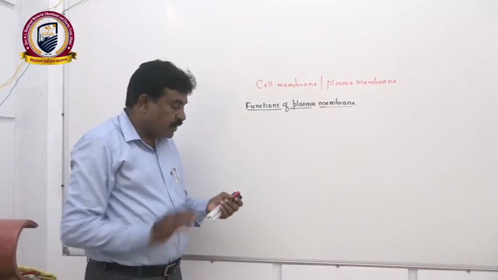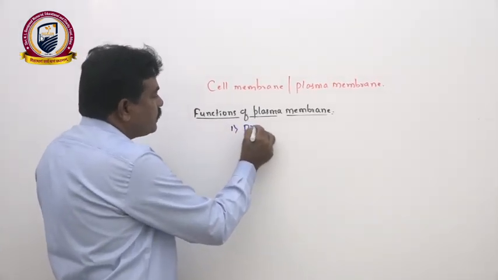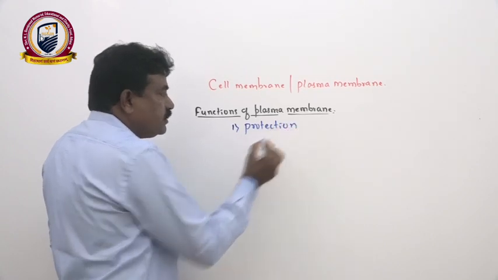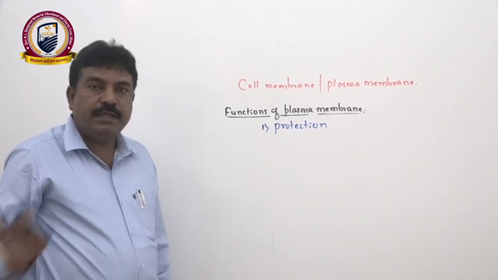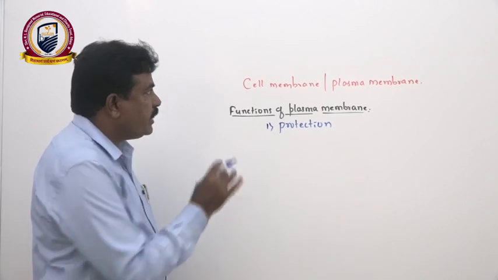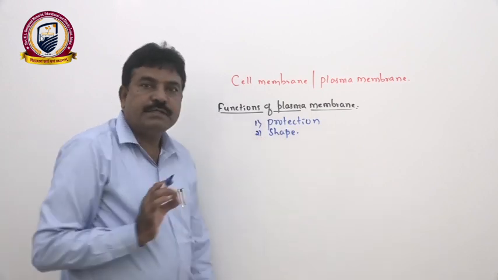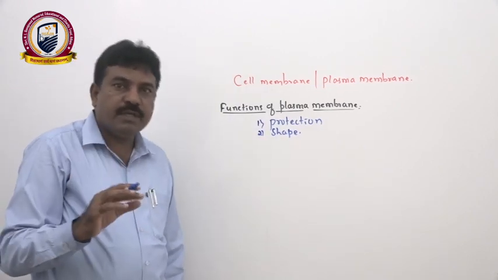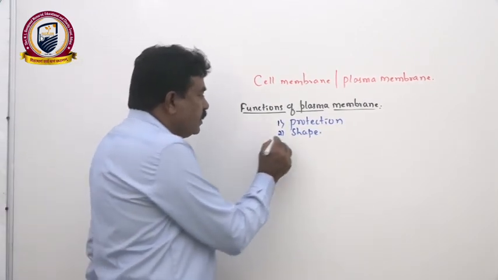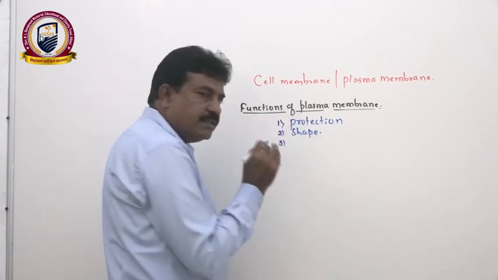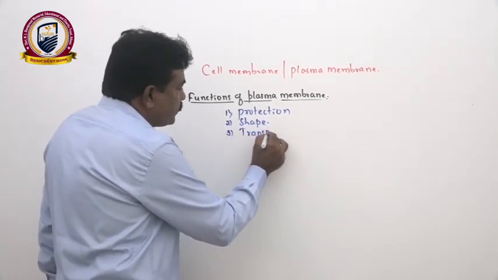If you consider the functions of a plasma membrane, first, it helps for protection. Especially in a plant cell, an additional coating, the cell wall, is there. But in an animal cell, complete protection depends on the cell membrane itself. It also gives shape to the cell. Therefore, either animal cell or plant cell has a fixed shape according to its function because of the presence of the cell membrane. Although it is not a physical boundary or barrier, it shows different transportation mechanisms.